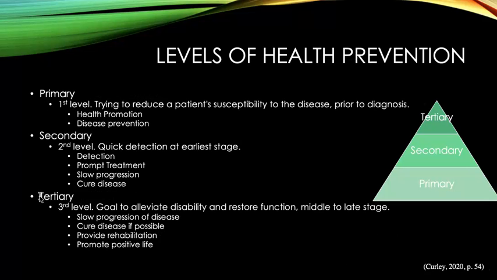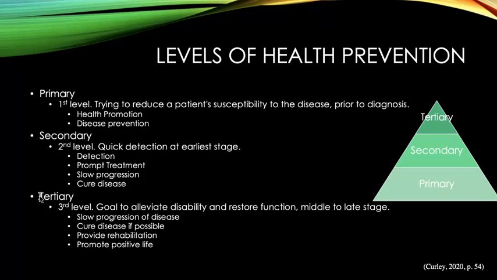What are the levels of health prevention? Curley explains the 3 levels of health prevention in the text provided to us. Primary prevention refers to the process of altering susceptibility or reducing exposure to susceptible individuals and includes general health promotion and specific measures designed to prevent disease prior to the person getting the disease. Interventions designed for primary prevention are carried out during the stage of susceptibility.